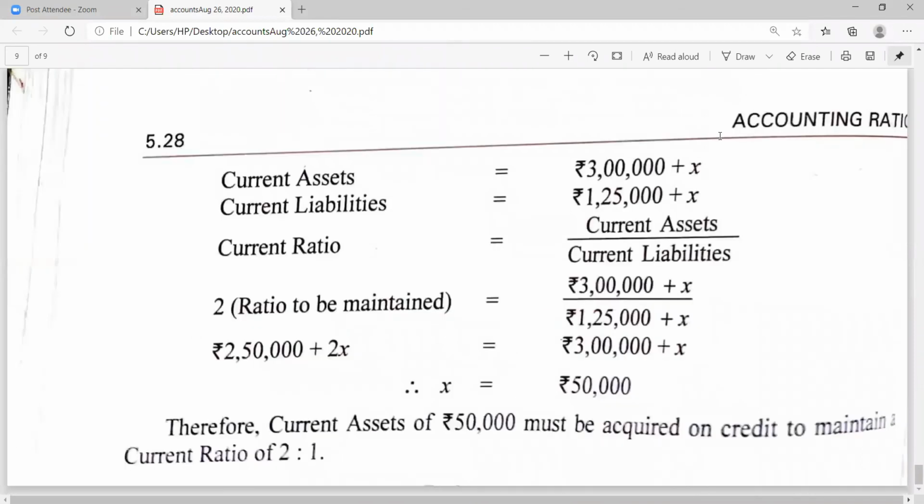Now I request sir to allow the students to have their queries. If they have any difficulty in the topic that we have done today, they can ask the question. Students, you can raise your hand and we will unmute you and you can raise your query. Yes, does anybody have any doubt related to the current ratio, and when the different aspects related to current ratio are given to us, how